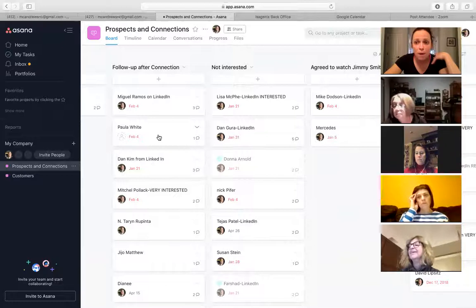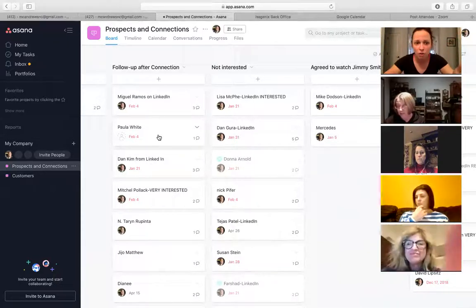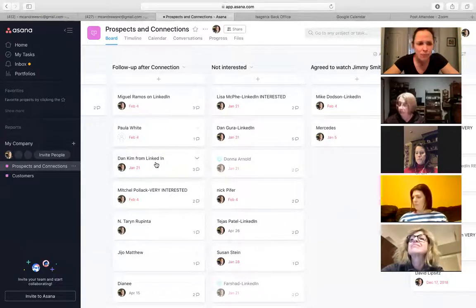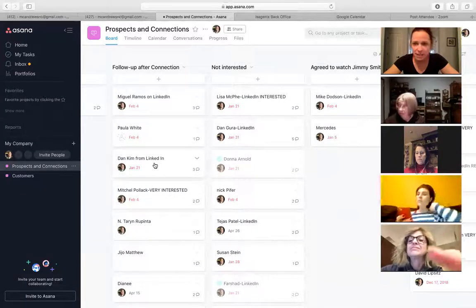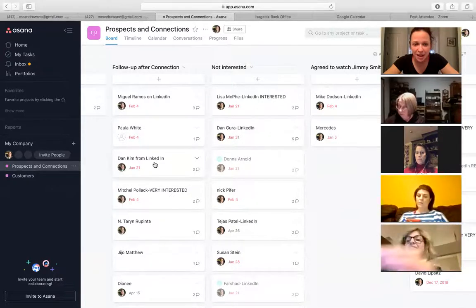I've spent so much time on her, but I've got so many other prospects that I could totally lose her in the shuffle. Same with Dan Kim. We've been back and forth. He's the guy that left for Madrid this weekend. And he's decided he's going to give it a go. He told me he was going to give it a go. He still hasn't enrolled.